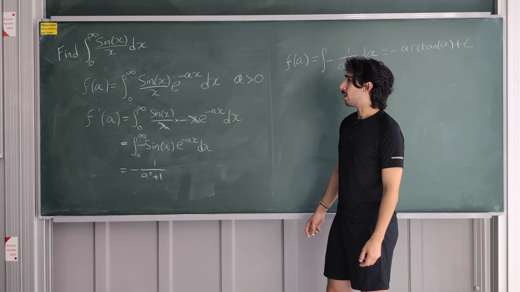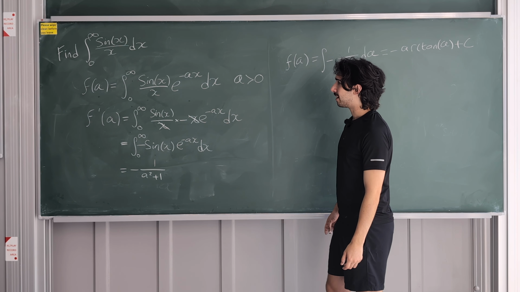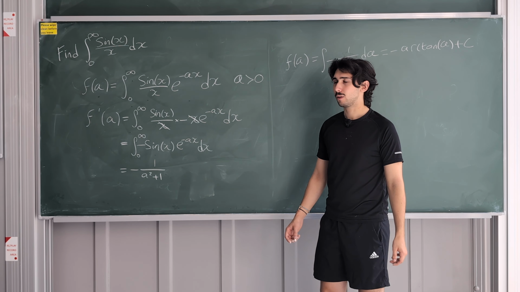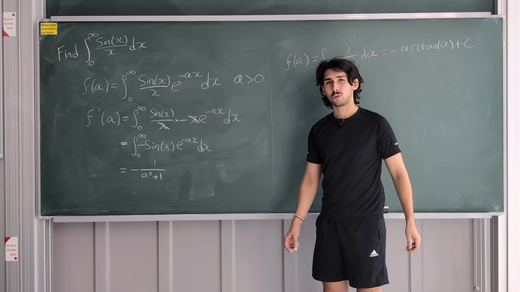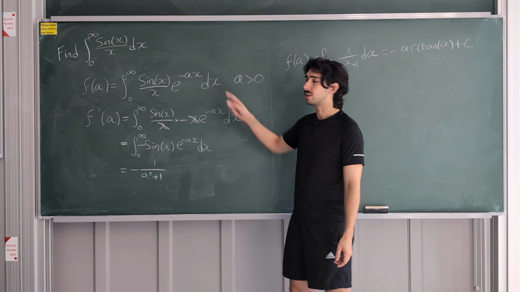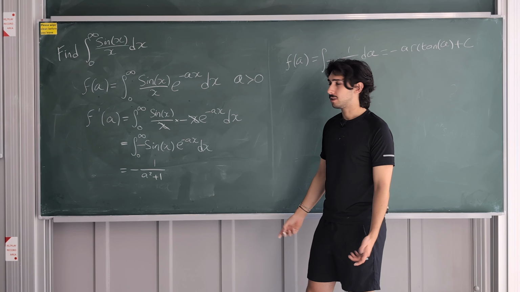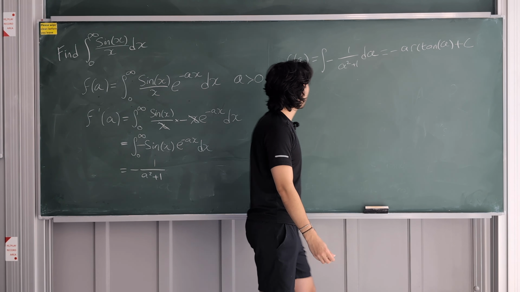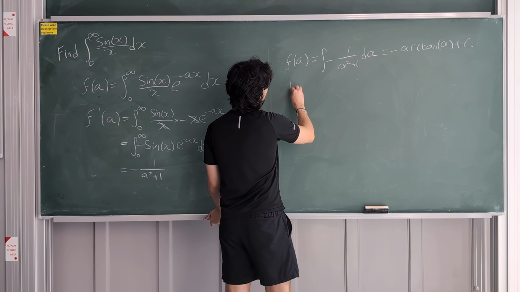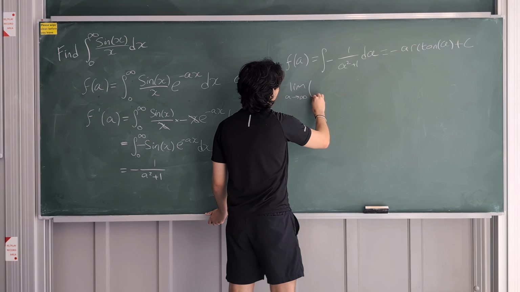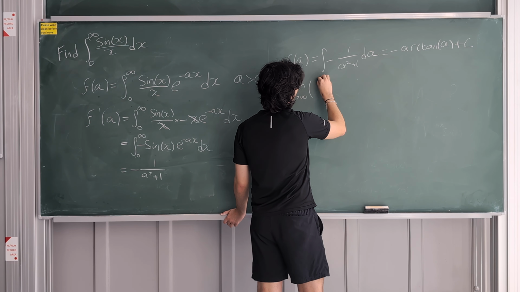However, we do know that when a tends to infinity, the inside of that integral gets closer and closer to 0, because e to the minus infinity times x is 0, and it's multiplied by sine x over x, okay? So what I do know is that the limit as a approaches infinity of the integral